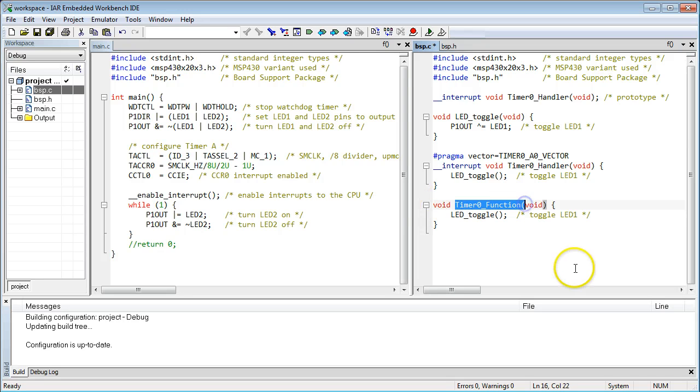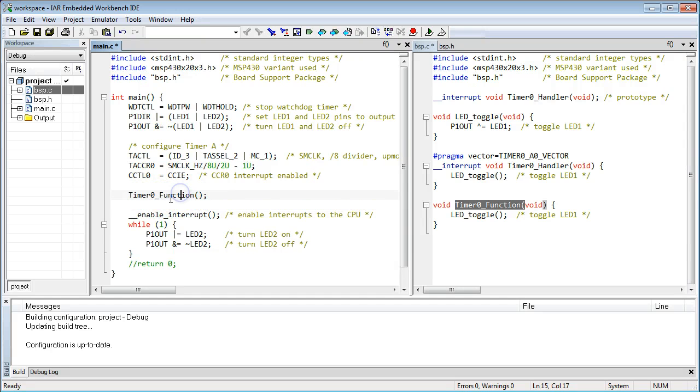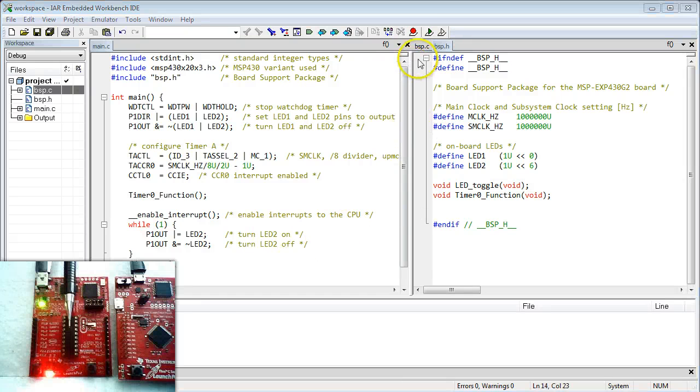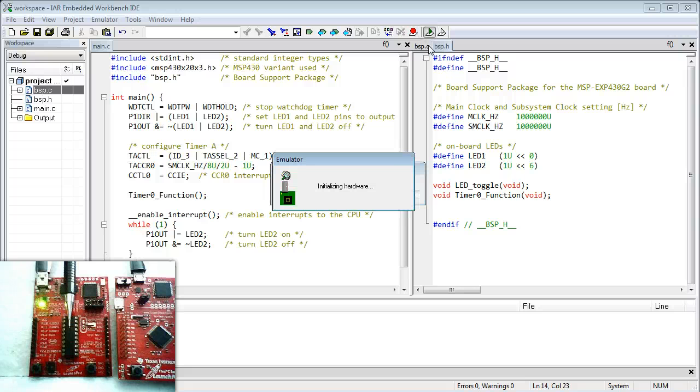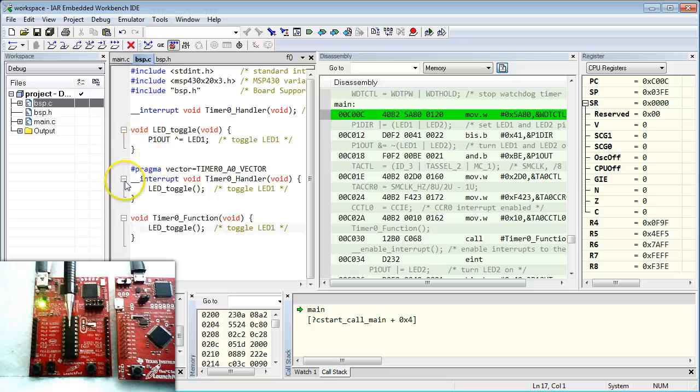To prevent the smart IAR linker from eliminating this control function, I need to actually call it somewhere, so I call it from main. And finally, I need to provide the prototypes of all new functions, which I put in the bsp.h header file. When you load this new code, and set breakpoints in timer 0 handler and timer 0 function,